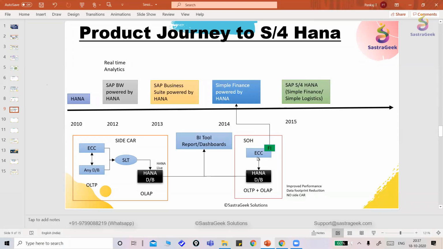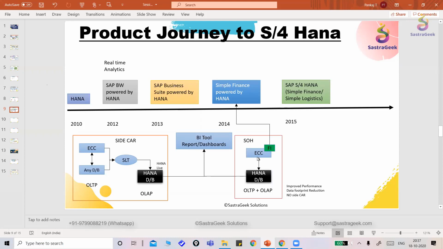Basically, finance is the module where the business is actually looking for that kind of reporting, right? And that's why maybe SAP decided to go ahead with the finance modification. SAP did the changes in finance and launched a separate product as Simple Finance. So you must have heard many times people working as SAP PP consultants